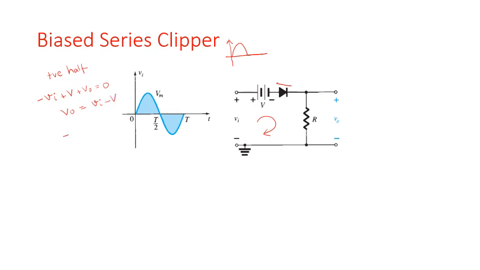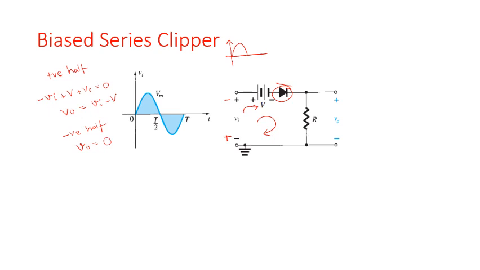In the negative half cycle, what is going to happen? In the negative half cycle, the first thing that happens is I get negative here, positive here. This diode becomes an open circuit. Since this diode is an open circuit, can any of this voltage go ahead? There is an open circuit in between, so no. So you can directly write down that V0 is going to be equal to 0 volts.